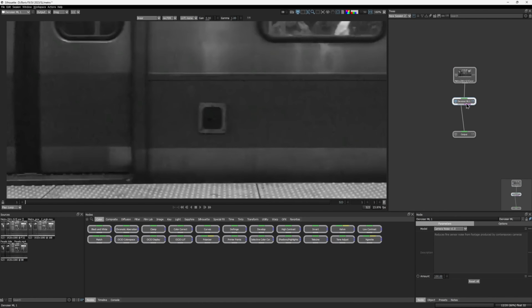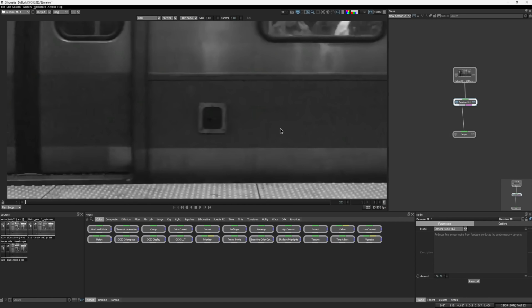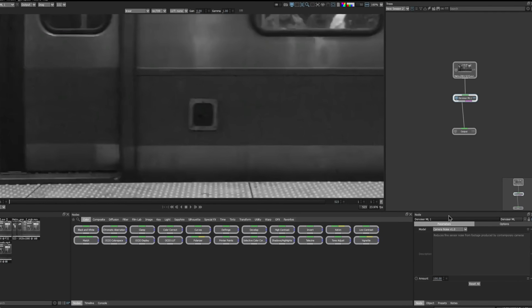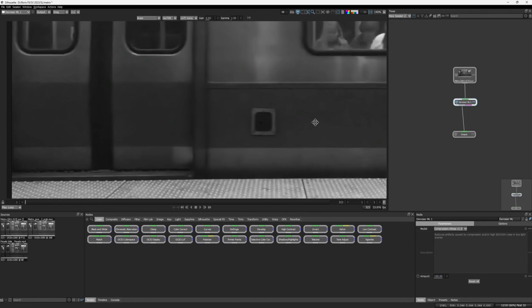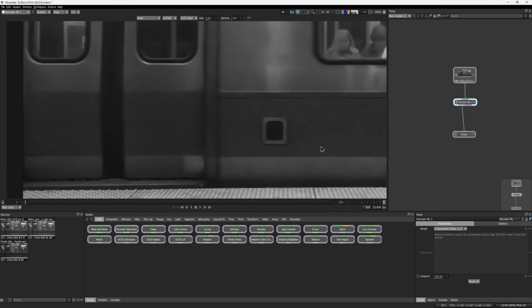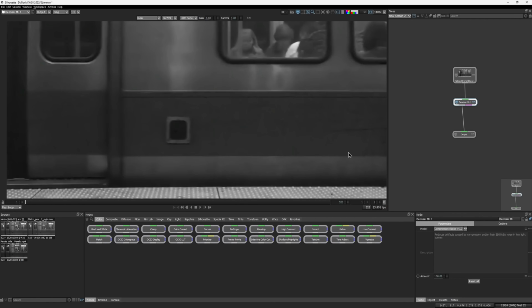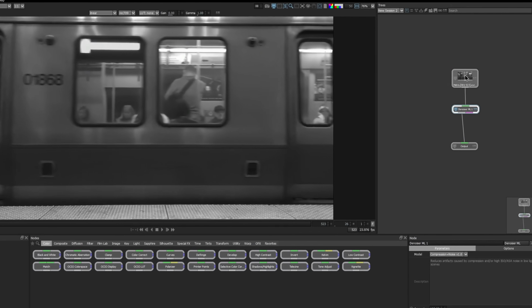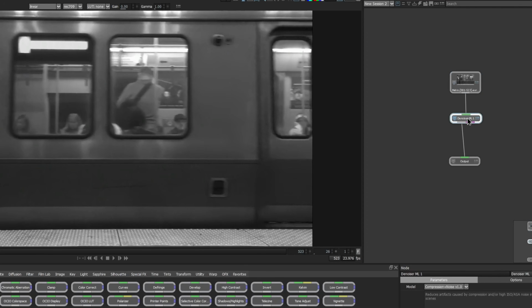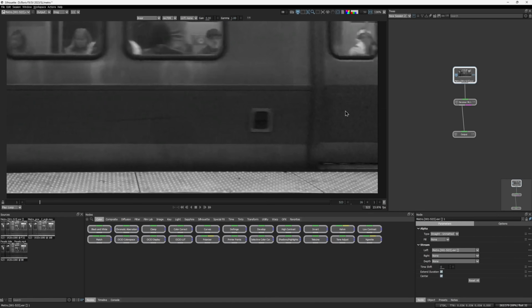So once I apply that, we don't really see much of a difference yet, because the default mode is supposed to reduce sensor noise, and we don't really have any sensor noise here because of that hard compression. But if I switch my model to compression plus noise, our image is already looking much smoother. Keep in mind, while watching this on YouTube, the result may look different to what I'm actually seeing in the Silhouette window. Pay attention to this area while I'm switching between before and after, and you really can see that most of that compression blockiness is immediately gone.